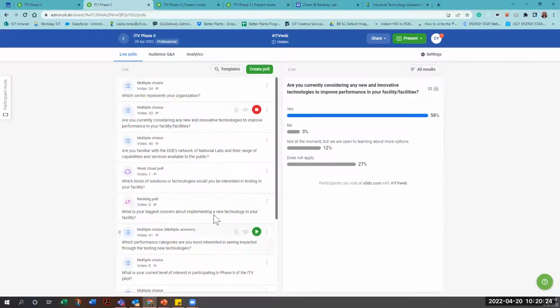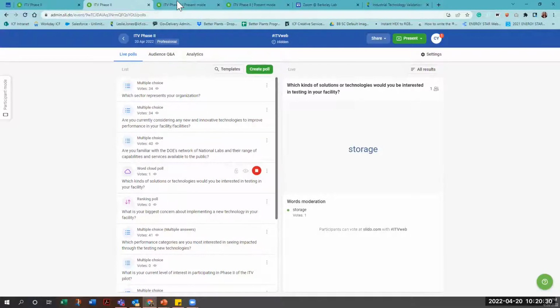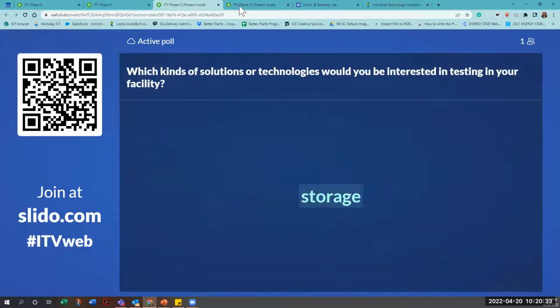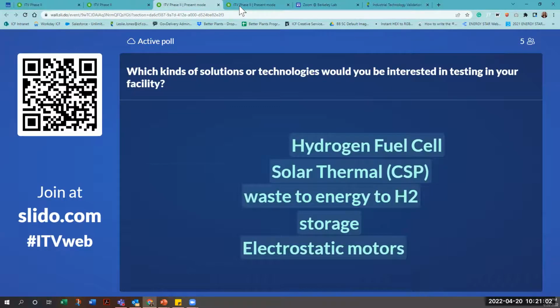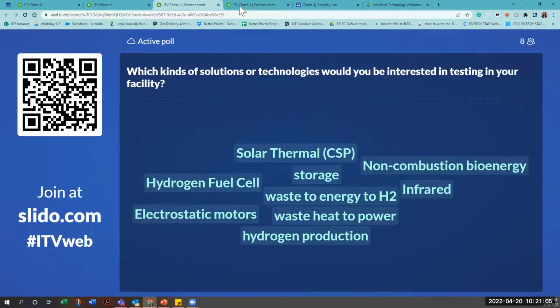All right, really quickly, I'm going to go to the next one. What kinds of solutions or technologies are you interested in testing in your facility? I left this one as an open-ended answer. We didn't want to make any assumptions about what you were interested in seeing. If you have something in mind, and it looked like from the last poll question that you did have some ideas, what types of things are you interested in looking at? Going back to one of the earlier poll questions, it seemed like there was a bigger focus on energy efficiency and greenhouse gas emission reduction, but there were also a few water and waste focus technologies in there as well.